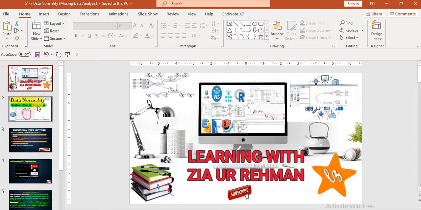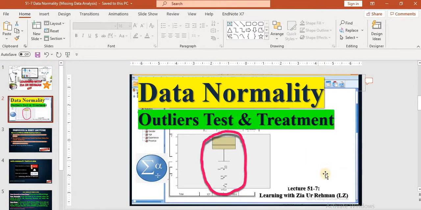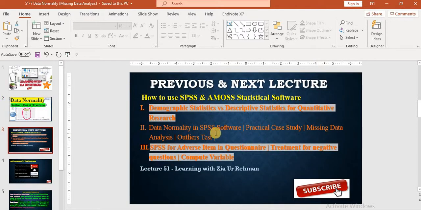Scholar, today we have lecture number 51 and it's part 7. Today's lecture is about how to perform the outliers test in SPSS and what is the treatment for the outliers. Scholar, the previous lecture was about the missing value analysis for checking the data normality, how to treat the missing